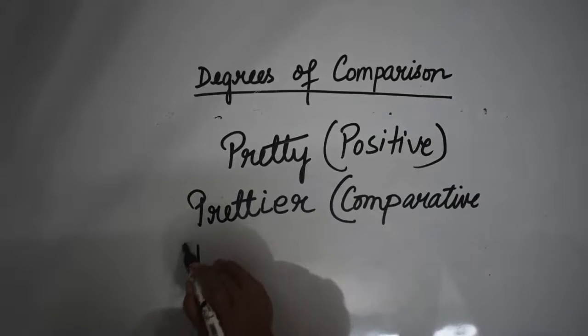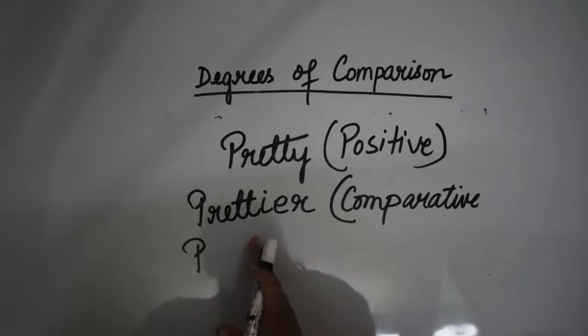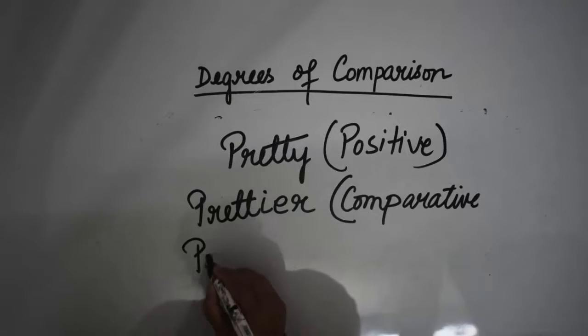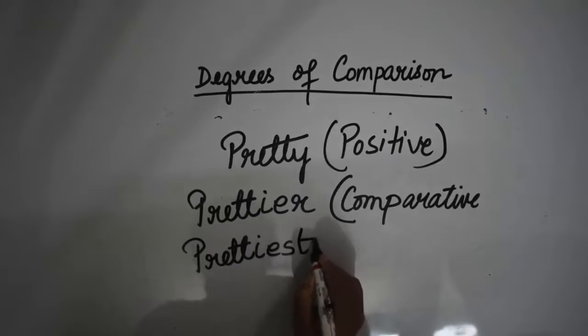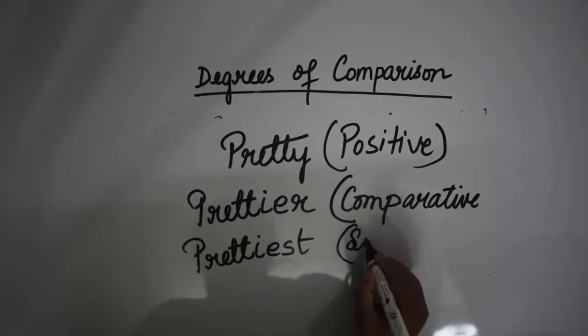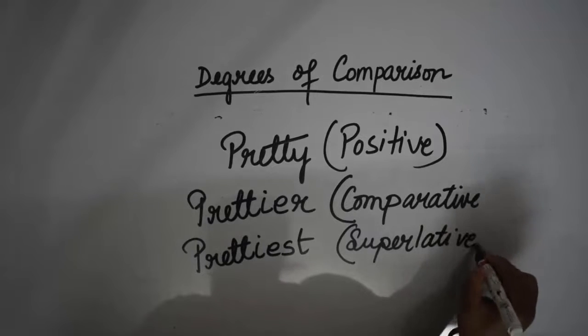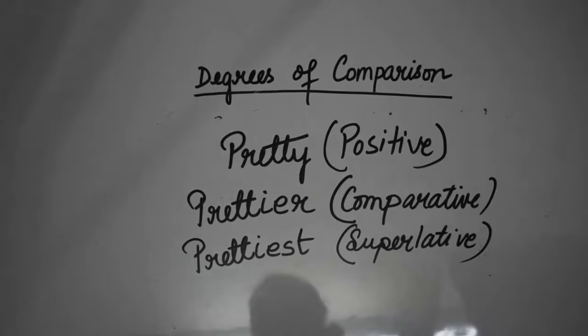this is comparative, and for the formation of the superlative of the word pretty, what do I need to do? Again, I need to change the Y into I and then I need to write EST to form the superlative, which is prettiest. Clear? So is this rule clear to you? All right.